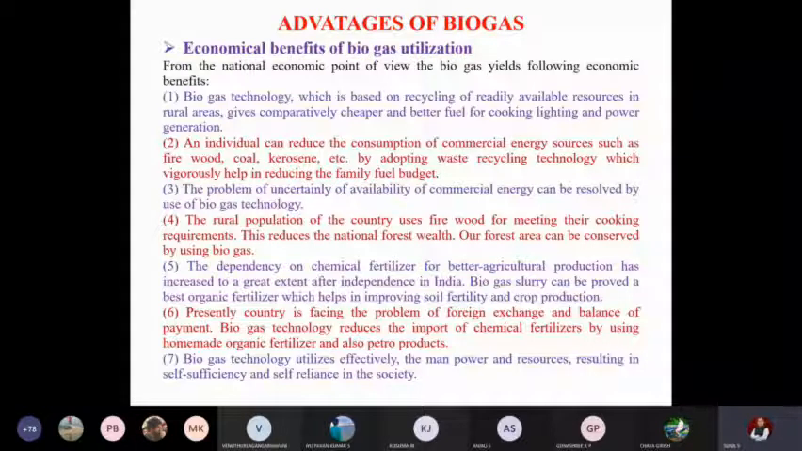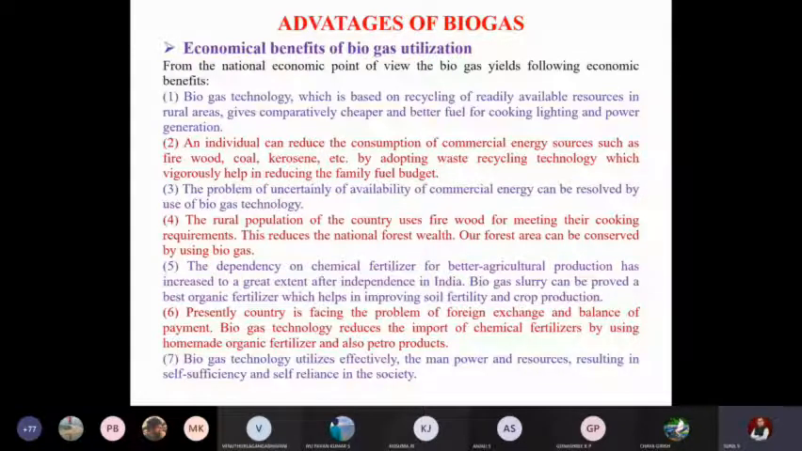You need to just add water and certain limestone to all the wastes: animal waste, human waste, or crop residues. Everything you'll be putting in a drum, and you'll be adding certain limestone and water. Leave it for a certain period of time. Automatically, you'll get the fuel. No question of any transportation. If you go to villages in places like Dakshina Kannada, you can clearly see almost every 2-3 houses put together a biogas plant. All the waste they'll feed there, and through a pipeline they will get it,